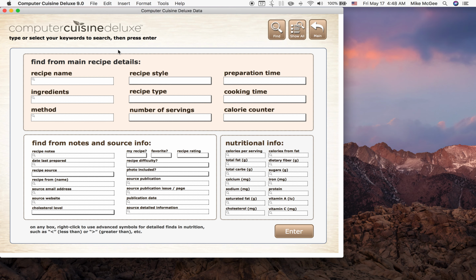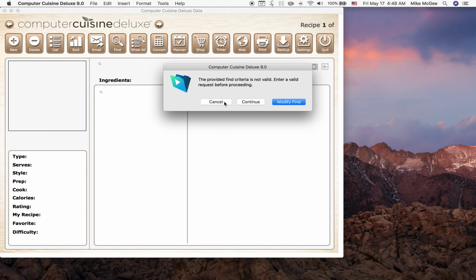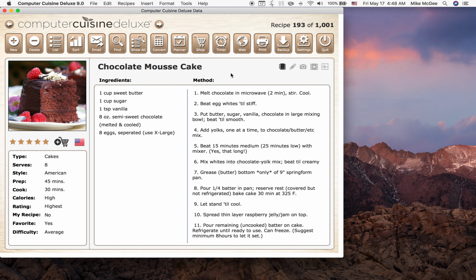You can do a find for just the recipes that you've entered, or just my favorites, or a recipe that I've rated as very good. Obviously, all of this is pretty straightforward, but the reason I'm highlighting some of these is because you might want to find all the recipes given to you by a certain friend. Let me go back here for a second. Sorry, I'm going to cancel this out. If you keep in mind that the find feature helps isolate certain recipes,